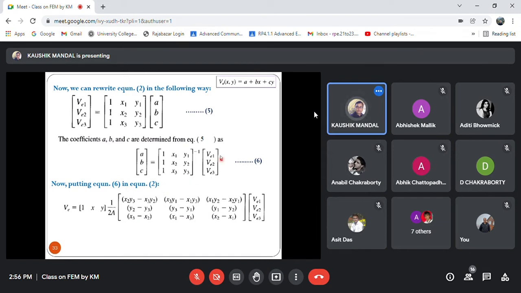Now if we put equation number 6 in equation number 2, then VE of x, y will be equal to these equations, where A is representing the area of the corresponding element,